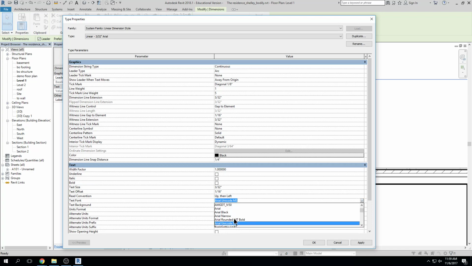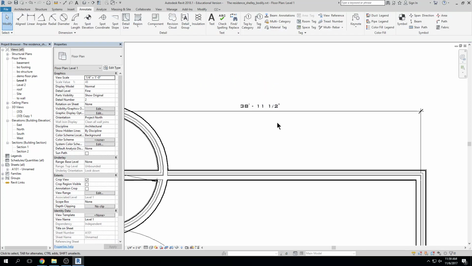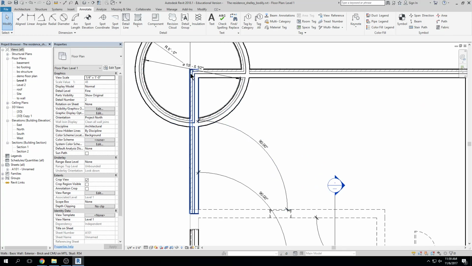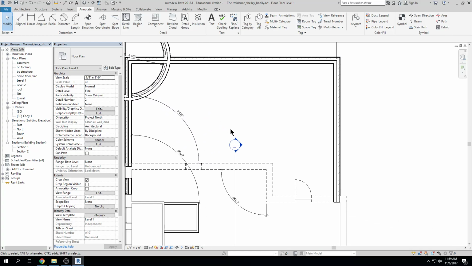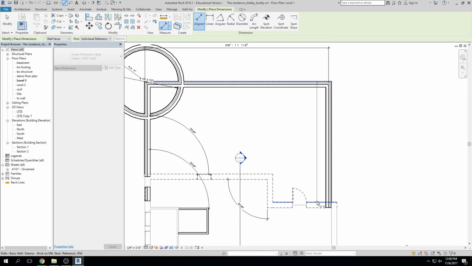We won't do that. Arial or Bank Gothic, okay, right? It will change the text. Now, the thing about this is that I'm changing a dimension type, or a style. And so when I change that style, anywhere where that dimension lives, it universally changes, right? So any dimension that was created, well, these are different dimension styles, but any dimension that was created now has that text associated with it,